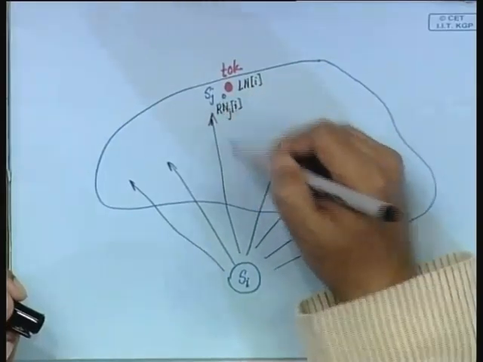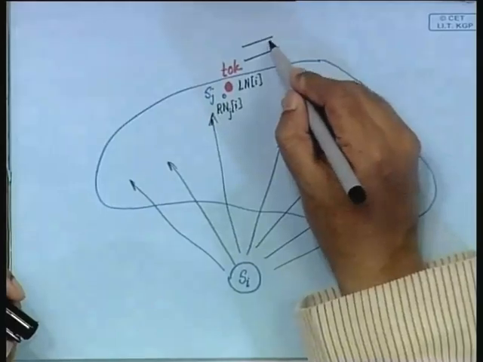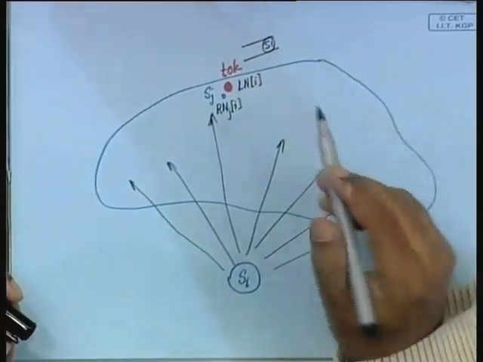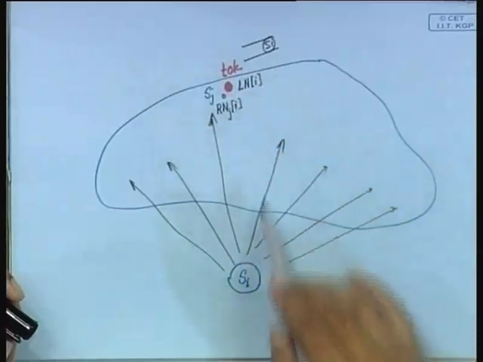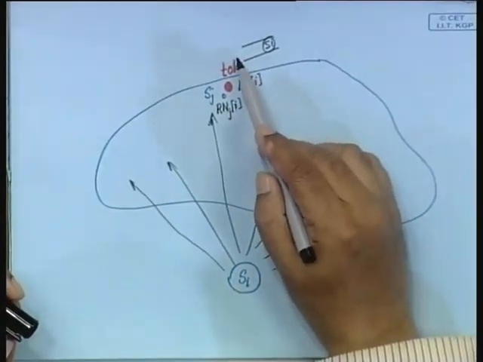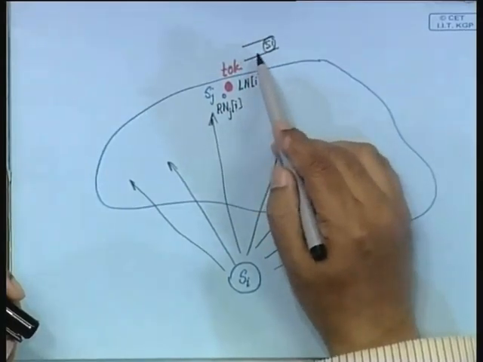So, it will update the queue of the token by appending Si into the queue, right, and then the token in due course of time will come to Si, because the token is forwarded by choosing the nodes from the queue in first in first out order,